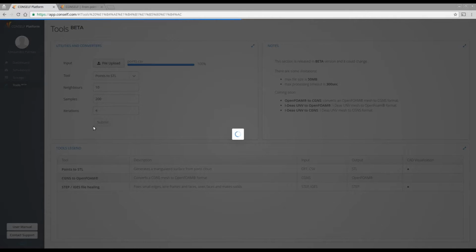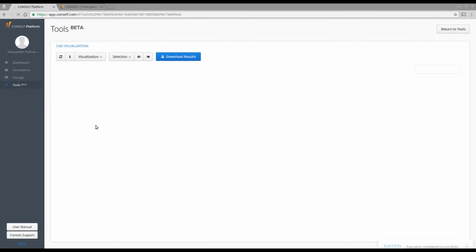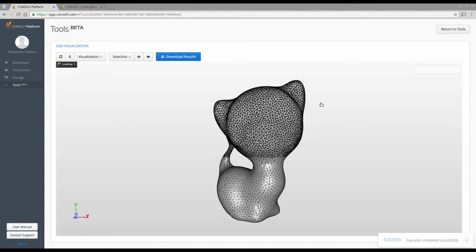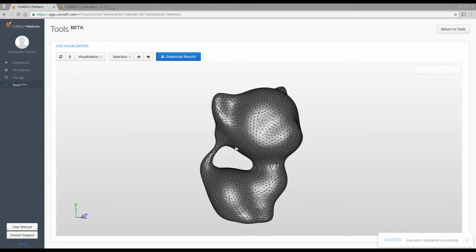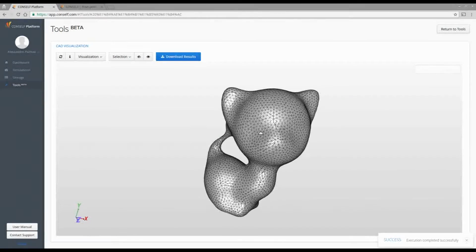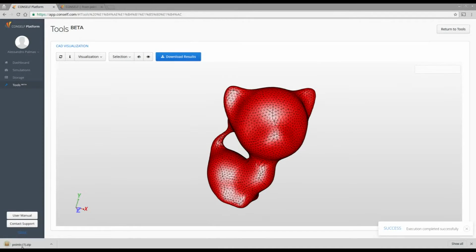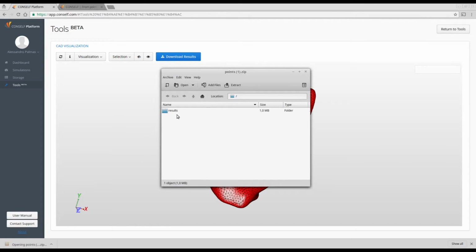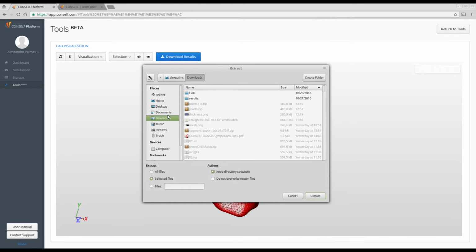Once the calculation has been completed, you see here you have a visualization of the resulting surface describing your point cloud. You can now download this file, and in the zip file you obtain there is your STL. You can extract it, for example in my documents,